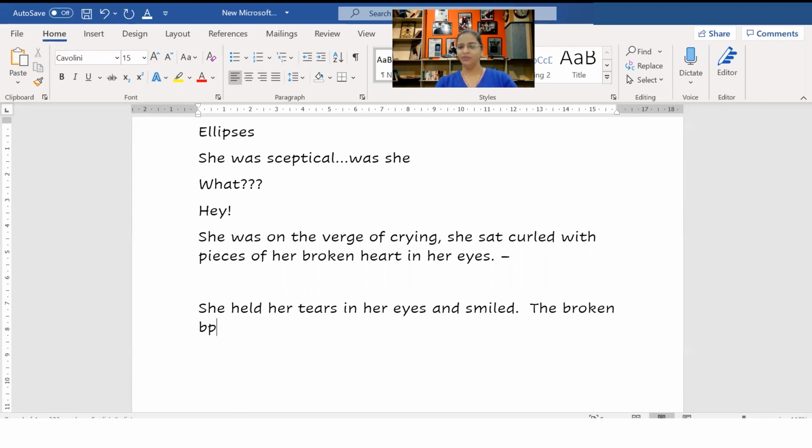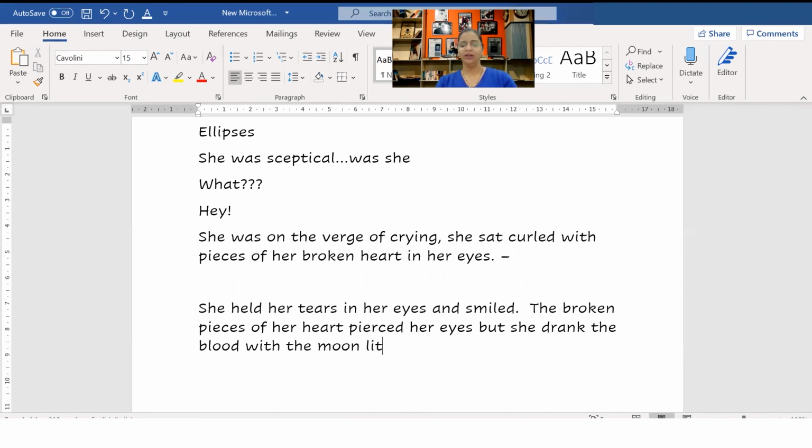The broken pieces of her heart pierced her eyes, but she drank the blood with the moonlit, okay, with the glass of wine, and in the moonlit night she was alone amidst the crowd. That is how you throw the emotion.